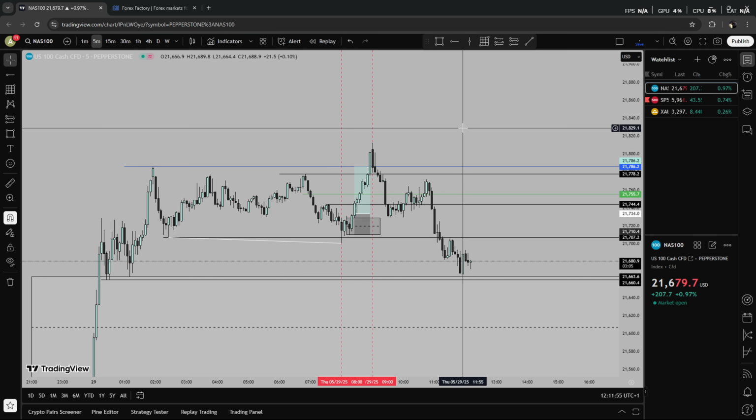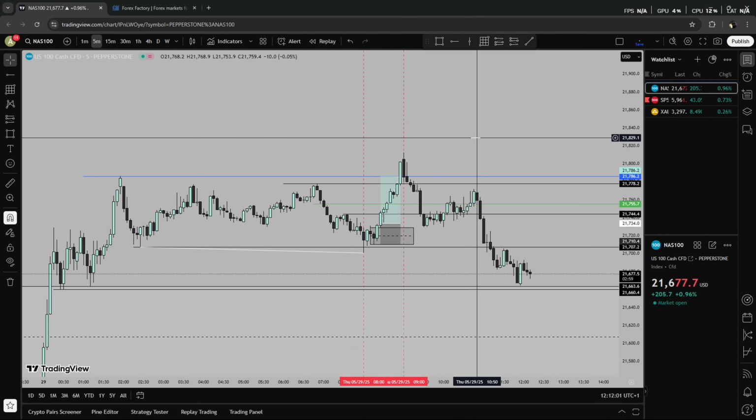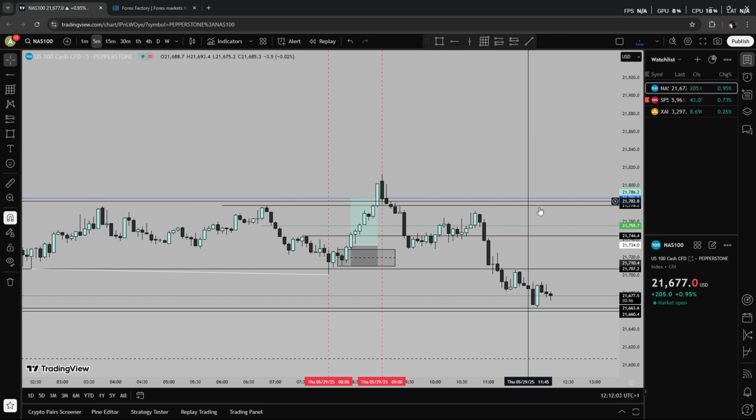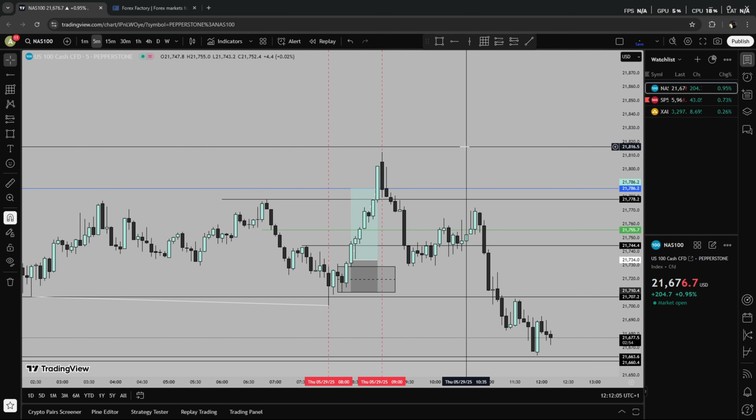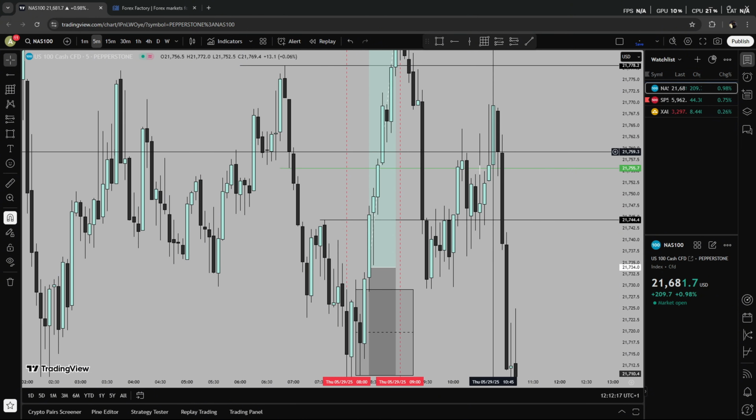But yeah, it will just be a lot better. The trade will be more trustable, because sometimes when it goes up in the 1 minute, it could just be a retrace on the 5-minute. Now today I'm going to show you guys an example. If I did wait for a 1-minute break of structure today, I would have ended up getting stopped out. Now the overall trade would have hit TP after it stopped me out. That's why I think from now on I will be waiting for 5-minute breaks of structure.